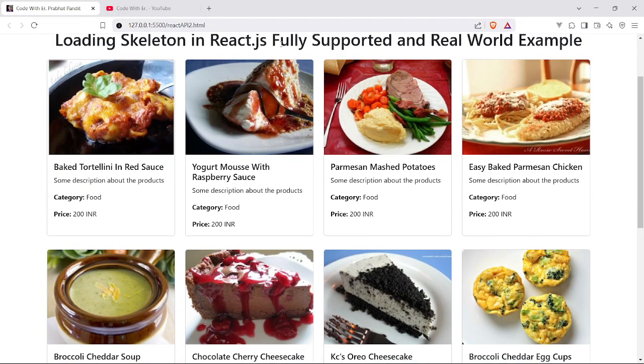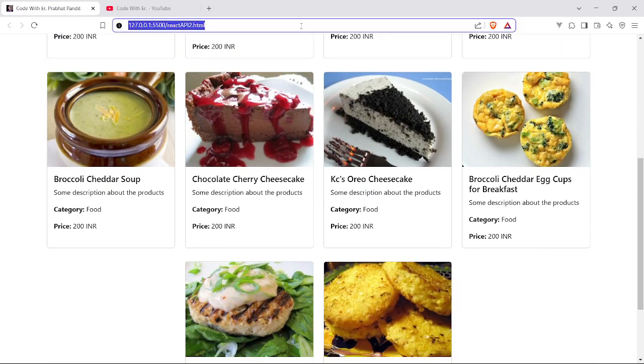See, boom guys, you can see we have got a dynamic and nice loading skeleton as well. Initially, when our page is being loaded, when the data is being fetched from the server, it will take at least 1 or 2 seconds. Till then, we will show the loading skeleton on our page for our user. It will give the best and dynamic user experience to our application user, which we have built, which we have created using